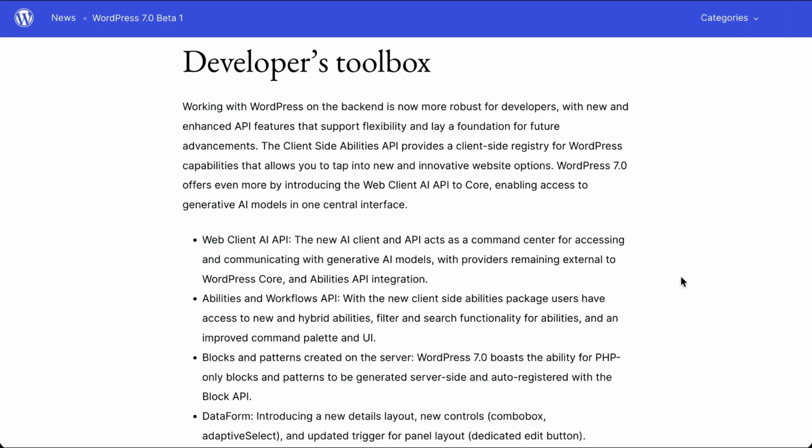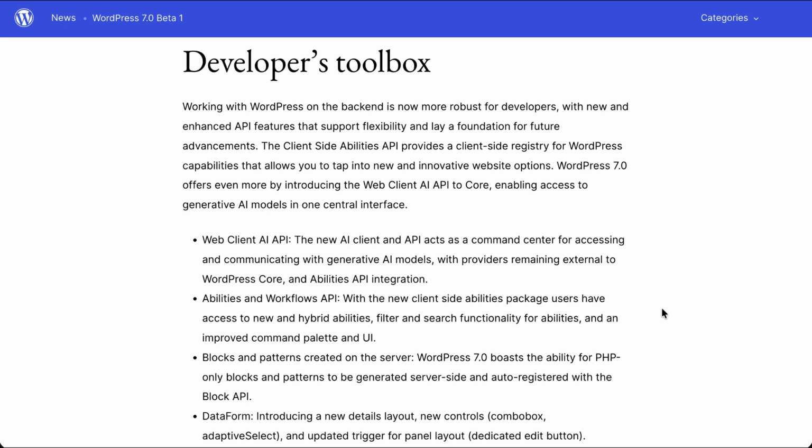Another big step forward is the AI infrastructure being added to WordPress core. Instead of adding a built-in AI writer, WordPress is creating a system that allows plugins and tools to integrate AI features more easily. This includes the Abilities API, which lets plugins declare what actions they can perform in a machine-readable format. Combined with a Model Context Protocol adapter, AI assistants can understand what your WordPress site can do and interact